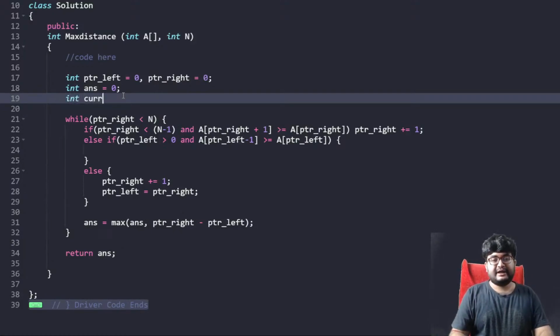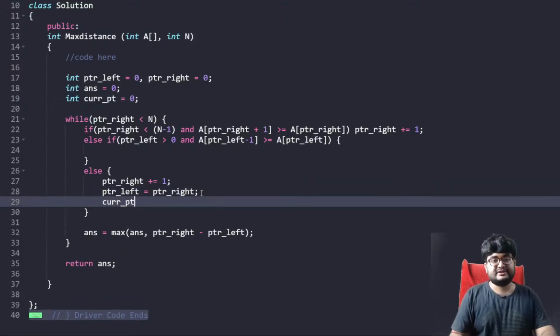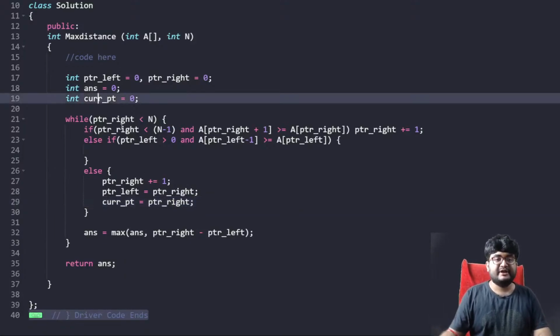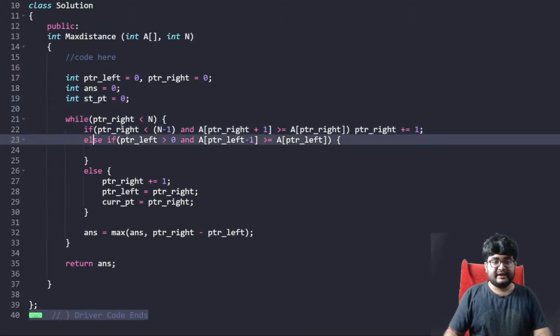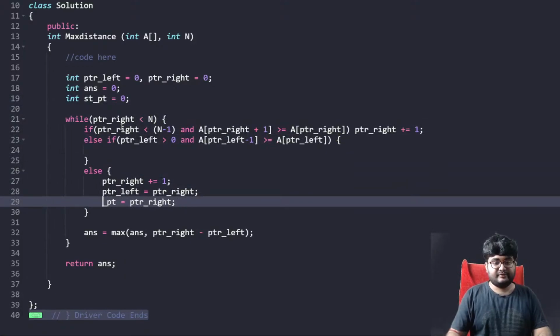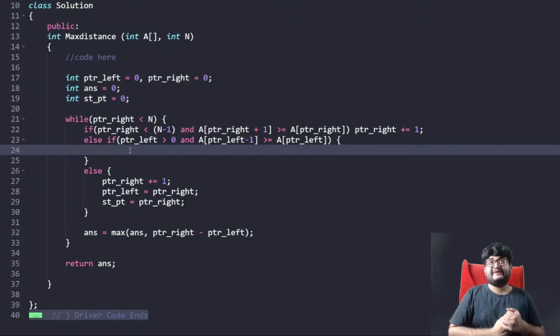So current point equals 0, right? And in the else case, our current point becomes ptr, right? That is against what we are moving, like that's the starting point, or the diversion point. Let's call it the starting point, st point. So we can add a conditional check here. What is the conditional check? Like if it is